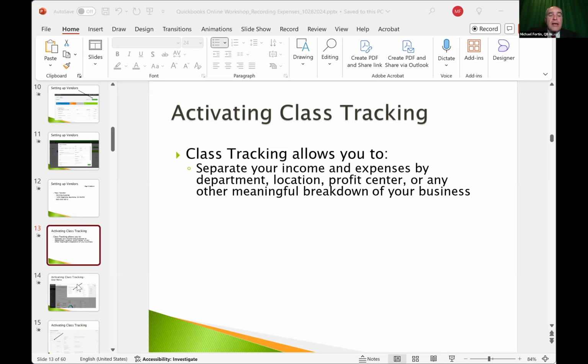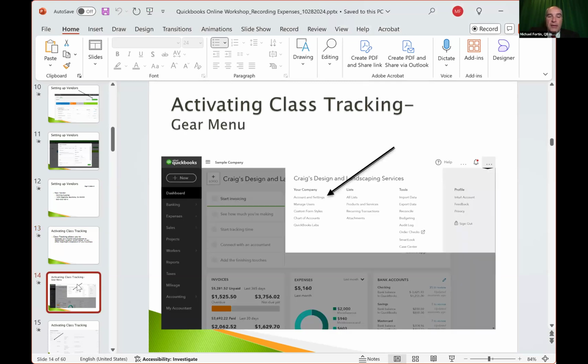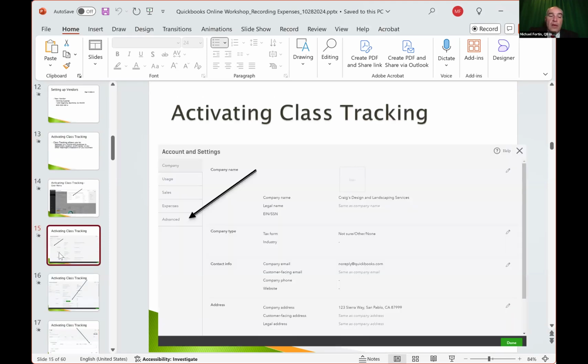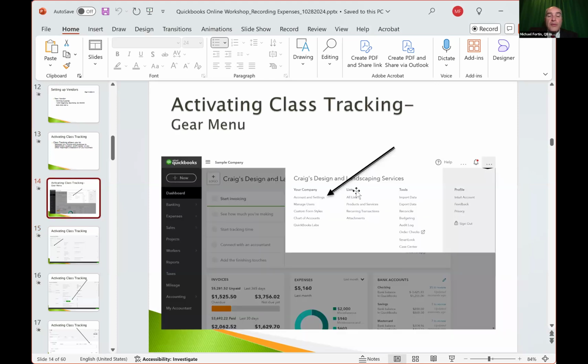But let's take a look at where you would turn it on anyway, so you can see that. So we're going to navigate to the gear menu, and I'll show you in a moment. The gear menu in the upper right-hand corner. And we're going to look under the menu that appears under your company. You'll see account and settings.